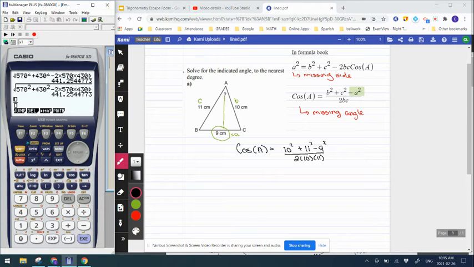And I'm going to go 10 squared plus 11 squared minus 9 squared. Then we're going to go into the denominator and go 2 times